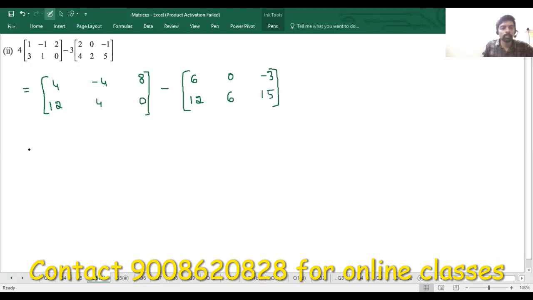So guys, now subtract these two matrices. So do the subtraction now. 4 minus 6. So guys, how much is 4 minus 6? Yes, so minus 2. 4 minus 6 is minus 2. Then minus 4 minus 0. Come on guys, chat in to me please. How much is minus 4 minus 0? Pooja, Nandita, Ujjwal, Sinchana, correct. Others, please respond. Joel, proper, Anita, correct.